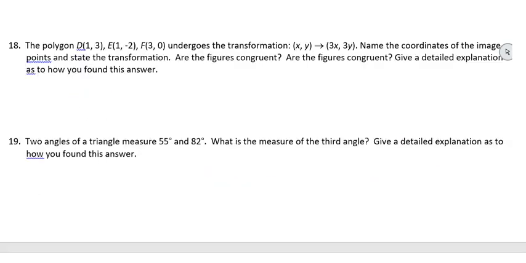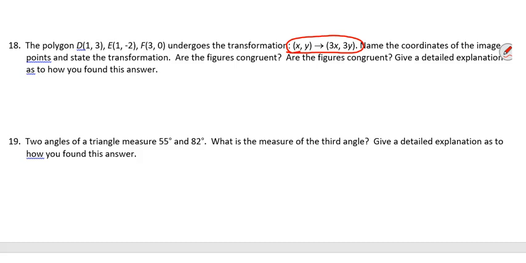So number 18 says the polygon D, E, and F undergoes the transformation xy to 3x, 3y. It says name the coordinates of the image points and state the transformation. Are the figures congruent? I don't know why that's there twice. And then give a detailed explanation as to how you found this answer. Okay, so we have to first recognize that this right here is a dilation. When we multiply that 3 attached to the x and the 3 attached to the y means that it's being